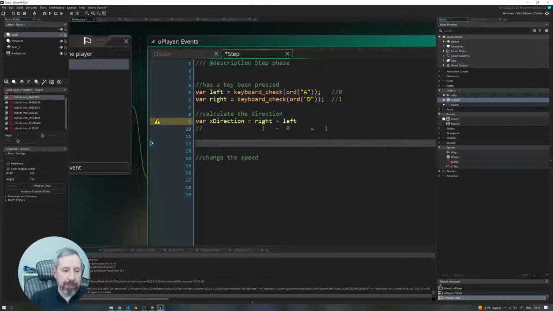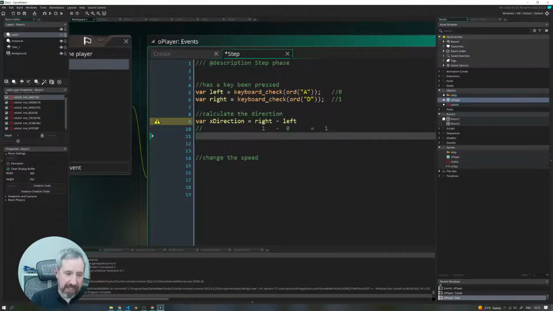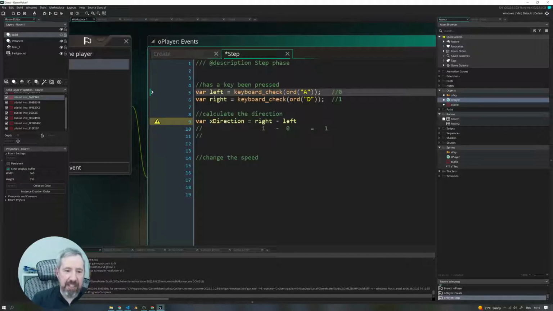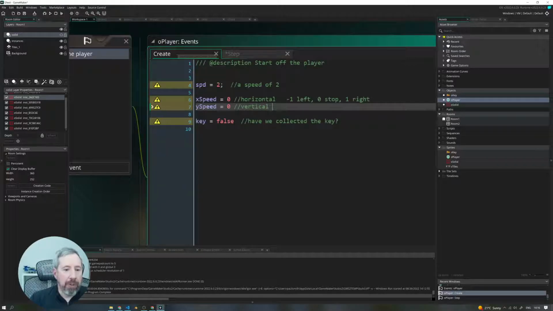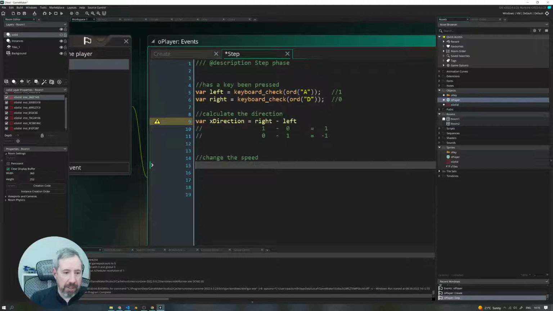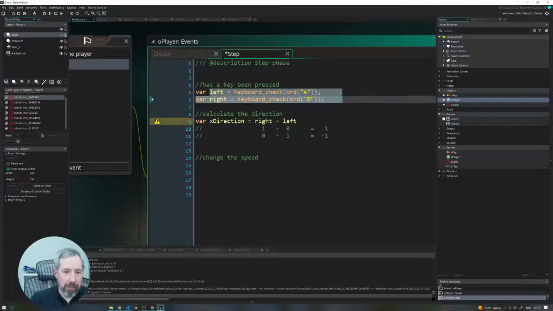Let's say we pressed left. So if we pressed left, that would be a 1, and that would be a 0. And then the calculation would be 0 minus 1. And the answer to that would be minus 1. So that would be the minus 1 on here. So we can use just these two, take them away to find out whether